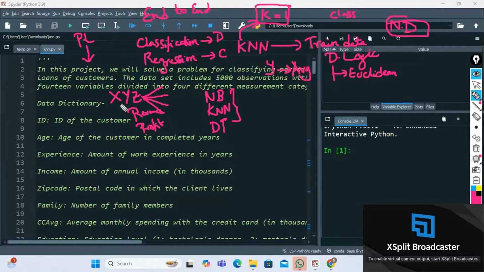Okay, they'll come up with some campaigning. They'll do some campaigns. So out of one of the campaigns that I have done, we have this project. This project is about whether the customers of this XYZ bank will opt for a personal loan or not. So this is again a classification problem. We have only two classes, yes or no. Okay, so let us go with this use case, friends,